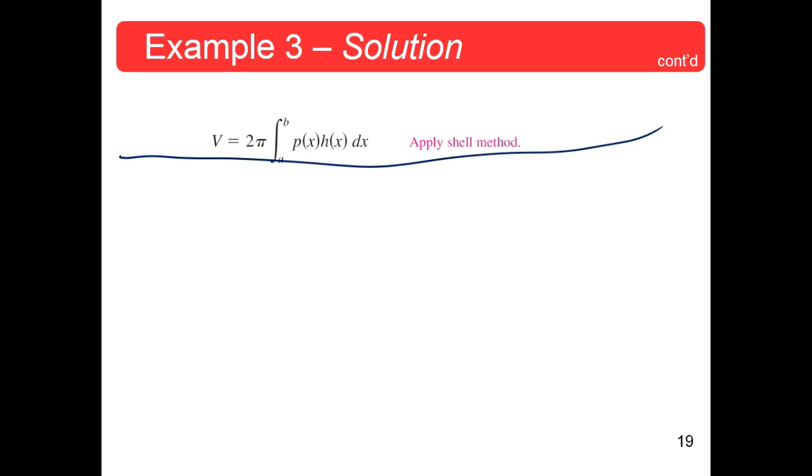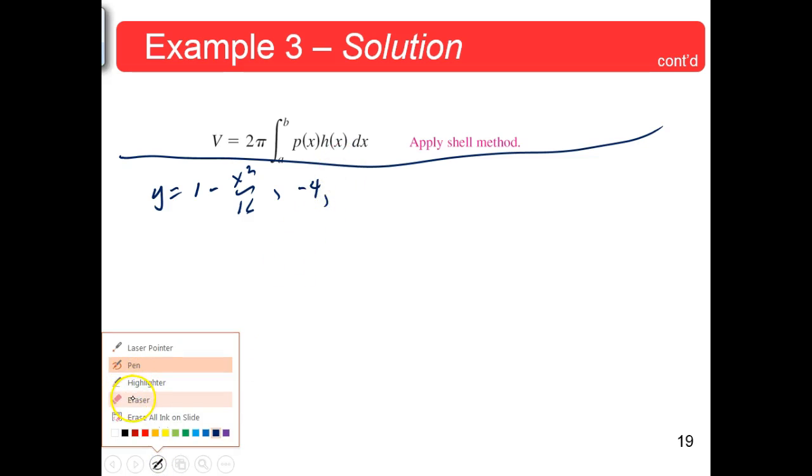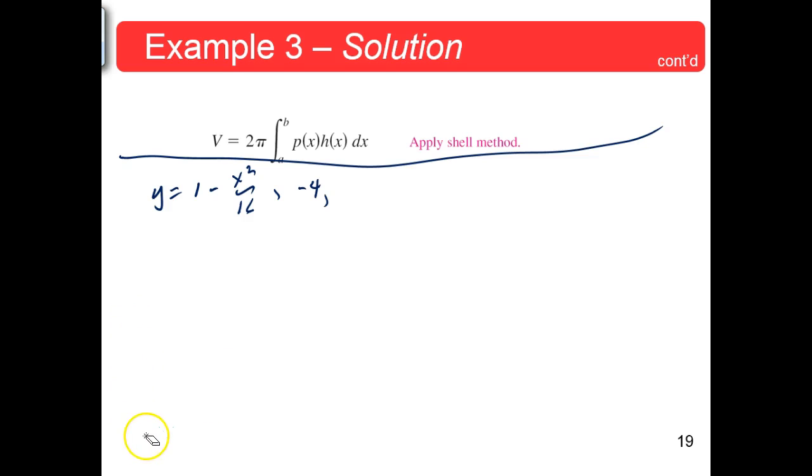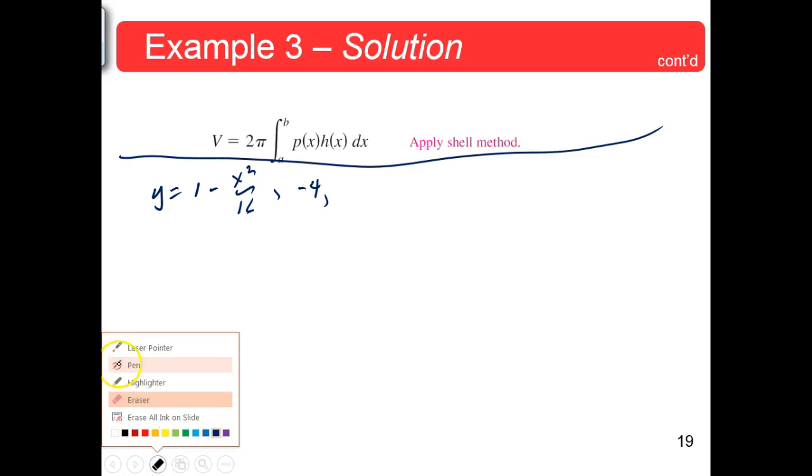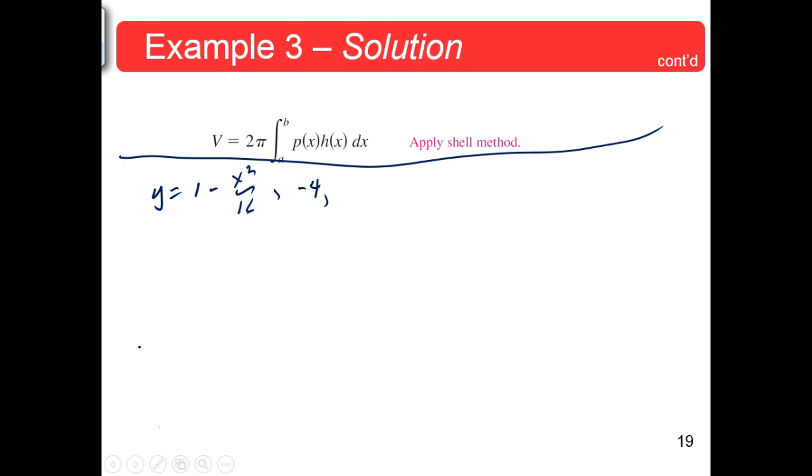And then they tell you how it's designed by rotating the graph of y is equal to 1 minus x squared over 16, when that is evaluated between minus 4, starting to do it in interval notation, but they do it in,